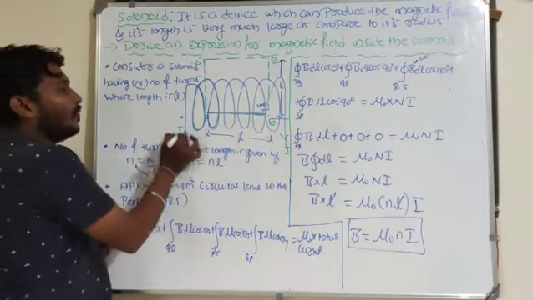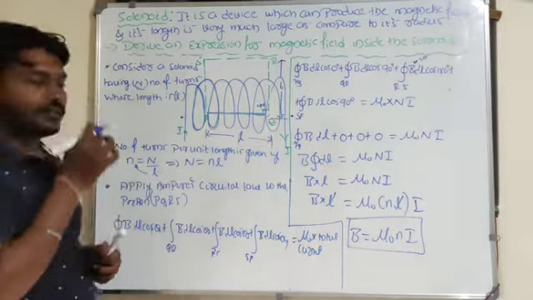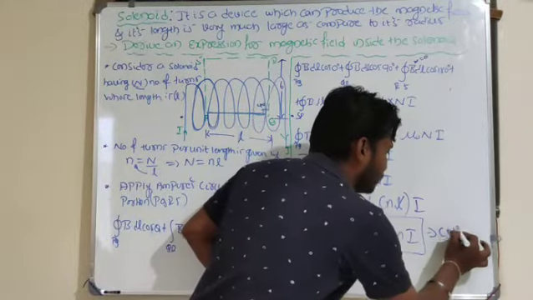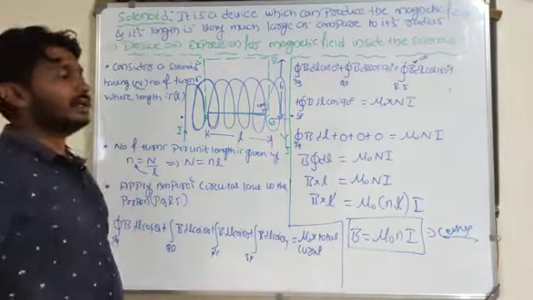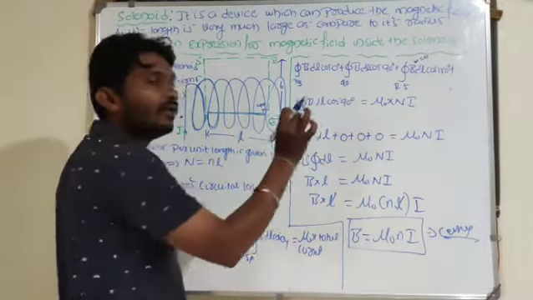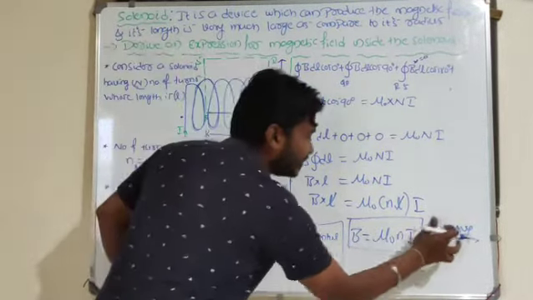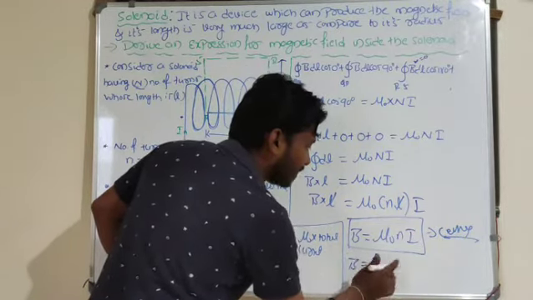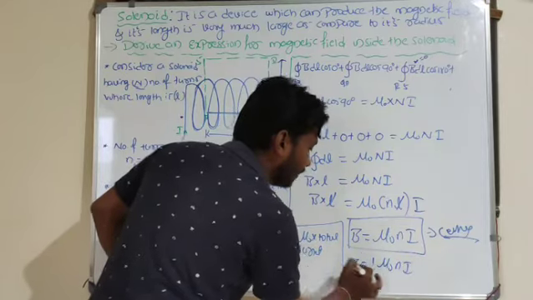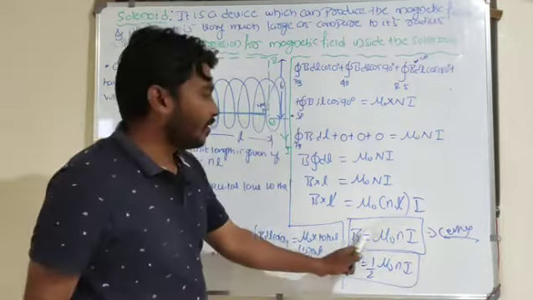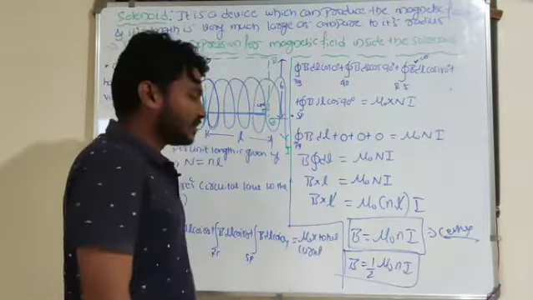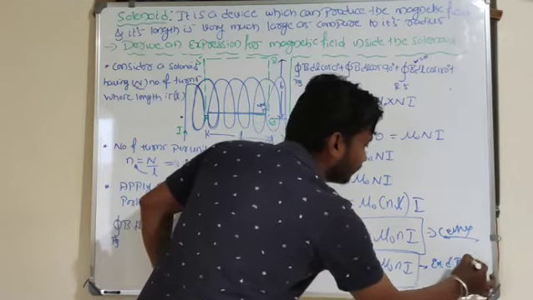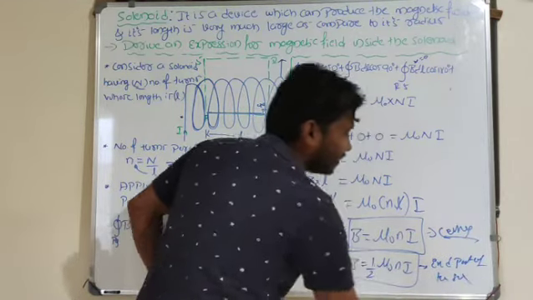Now I can find the value of magnetic field at the edge. This is the value of magnetic field at the center. Magnetic field at the end of the solenoid is half of mu naught n into I. This is the formula for magnetic field at the center of the solenoid, and this is the formula for magnetic field at the end part of the solenoid. So this is about